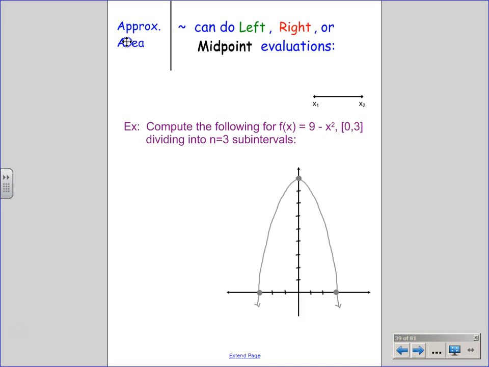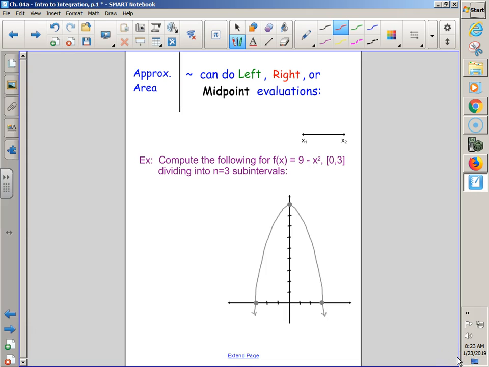So for the one that you see down here, let me go ahead and minimize so that I can draw this a little bit better. If they want us to compute the Riemann sum approximations, the left, right, or midpoint approximations,